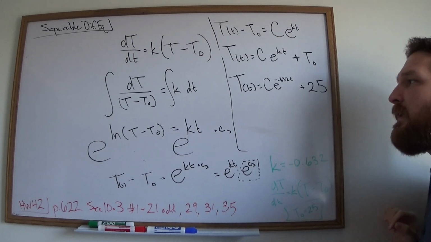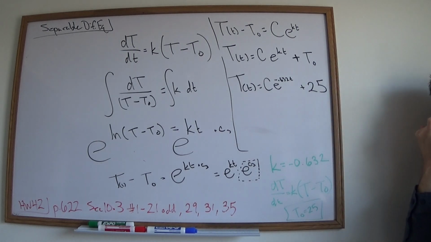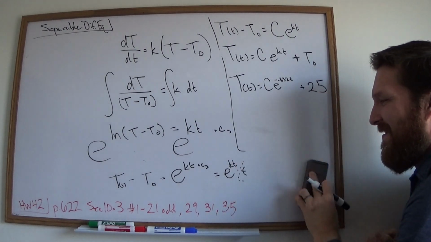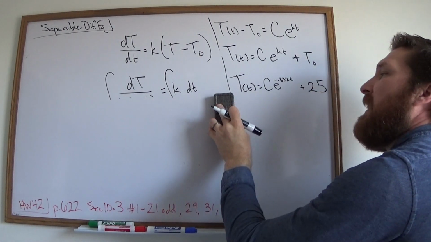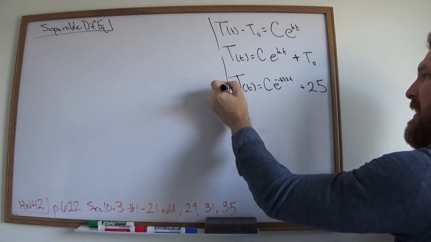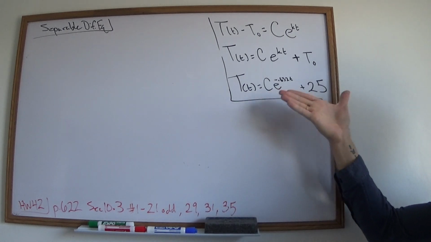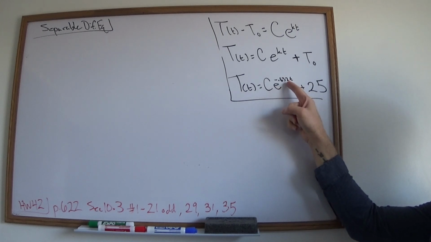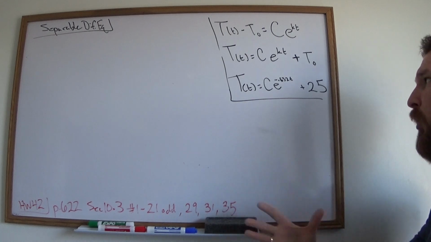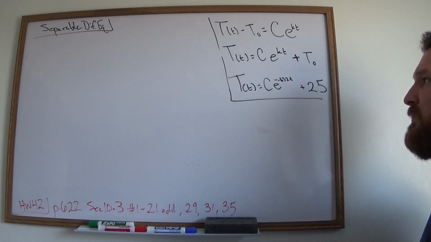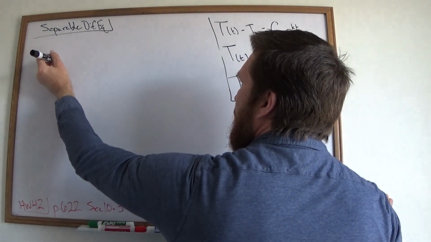Now let's find the particular solution. How do we do that? Because remember, let's hold up for a second. This is the general solution to our specific problem, where we empirically found that k was negative 0.632 and where we were in a room where the ambient temperature was 25 degrees Celsius. So, what these things would look like,